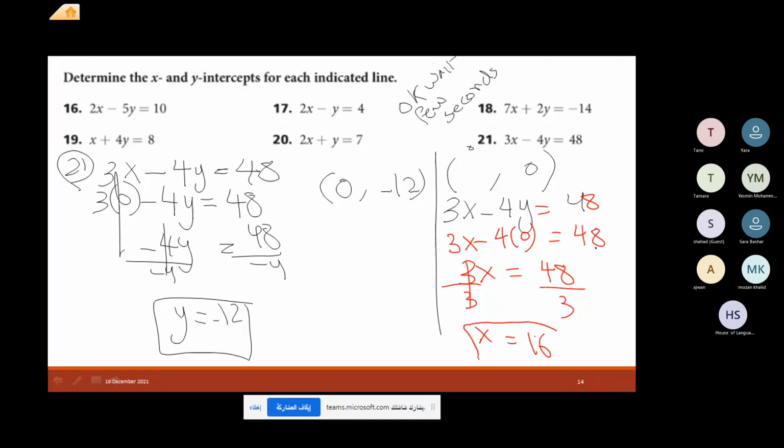Teacher, where did you get the zero? She said from where you got the zero. This is how to find the x and y intercept. As we said yesterday, in order to find the y-intercept, you put x equals 0. If you were absent, you have to rewatch the video. Okay, now let's go to